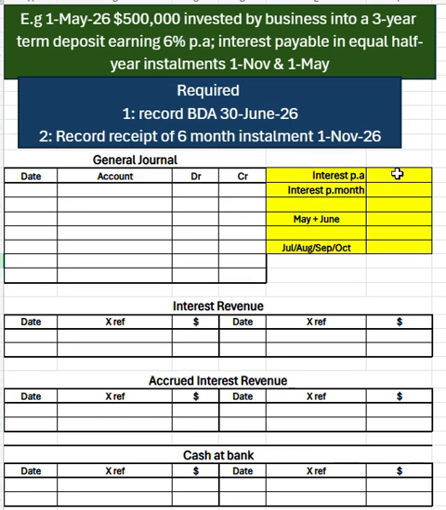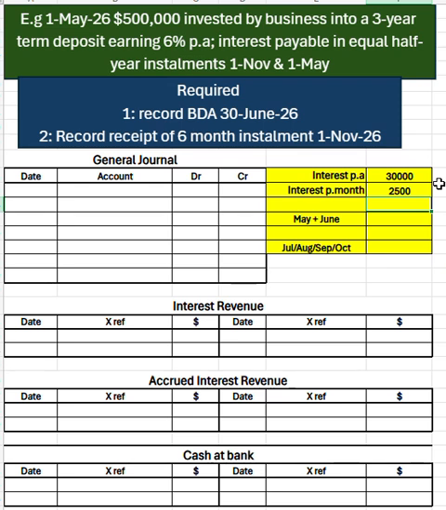So I'm going to go down to the yellow bit here, and let's just work out how much interest we have accrued. So we've deposited 500k, and we're going to multiply that by 6% to work out a full year's interest. So that's 0.06, careful with your decimals here. Then, to make this a bit easier for myself, I'm going to work out my interest per month. We're earning 30k per year in interest. So if we just divide that by 12, then we've worked out that we're getting 2.5k, or we're accruing 2.5k